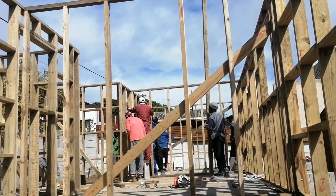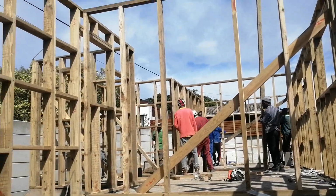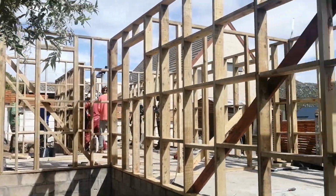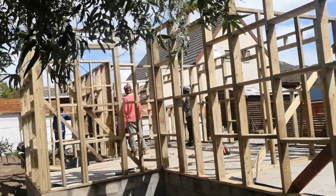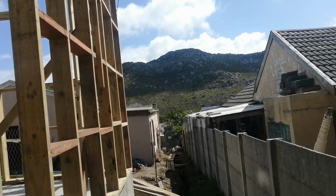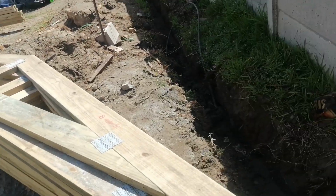In between, that is the kitchen and sitting room, and the bathroom has its own partition because it's going outside. You see, it's only the door frame that will be installed there. So this is the back of the house. This is the back. So this is what we are doing here. For our viewers on YouTube, this is the drain going down to the main drain, and this is our